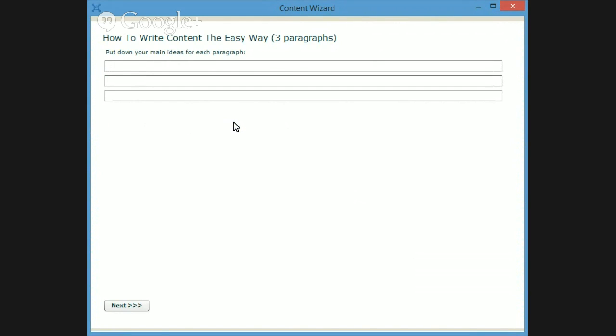Now we have the content wizard taking us to the next step, which is 3 paragraphs. Now we need a main idea for each paragraph.